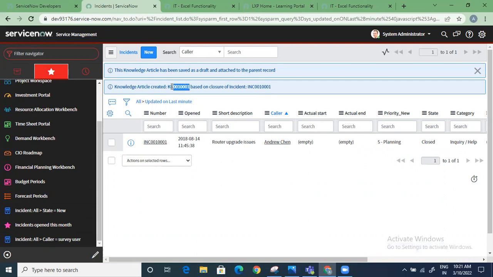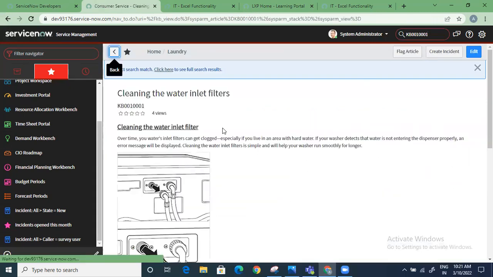This article, whatever we just created, I mean, based on the resolution notes I have put in the incident, this article has been created in the system already. So it gets created when you mark the incident from resolved to closed. This is interesting stuff to understand. And that will work only when you have,